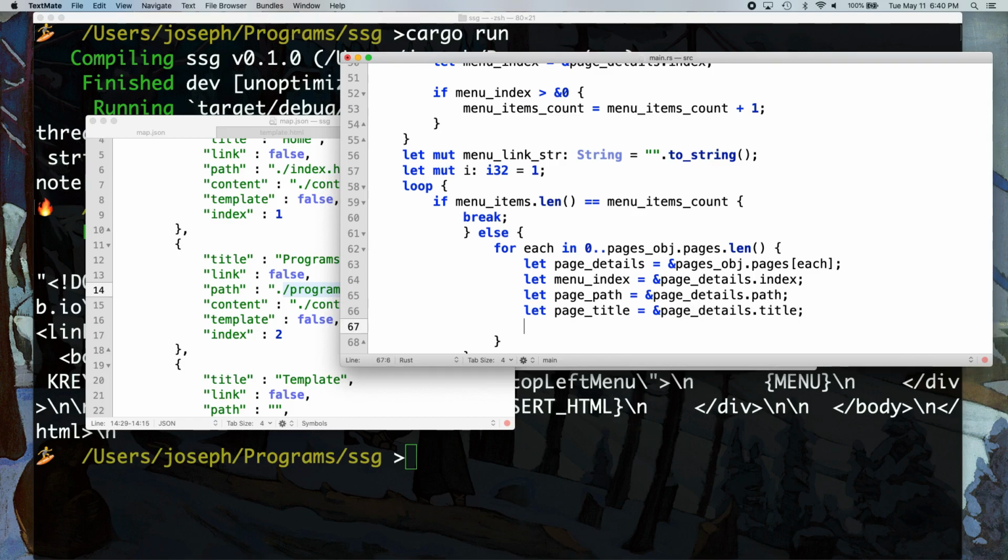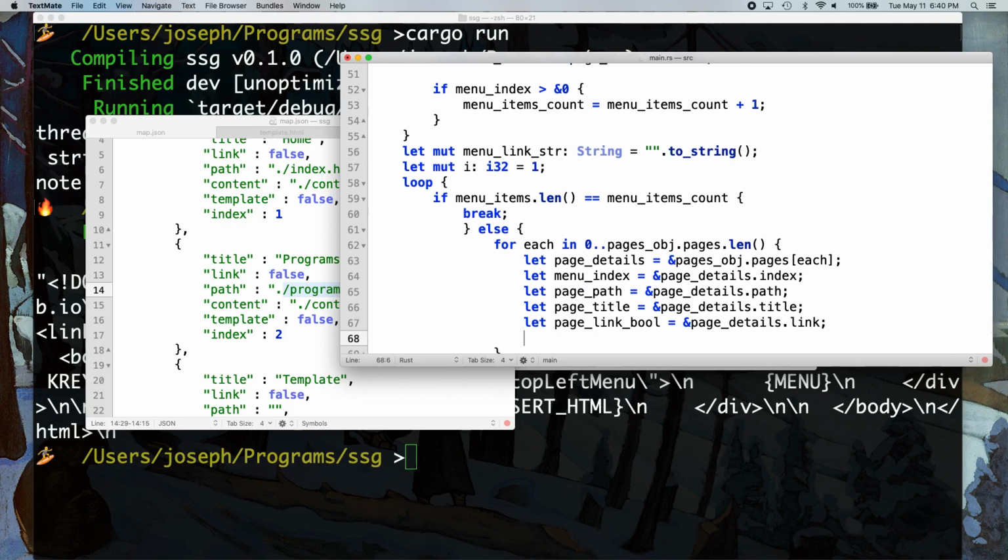Details.title. Page link boolean. So that's just saying, is this an external link or not? And then we got some more conditional logic here. If menu index equals I and page link boolean equals false, so it's not a link to an external page,